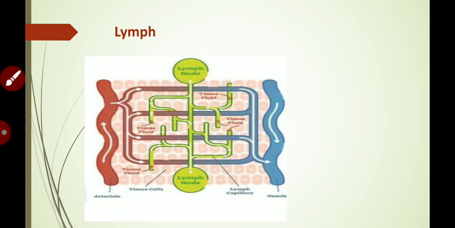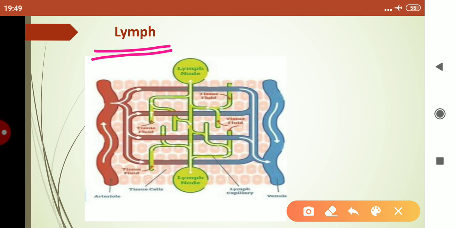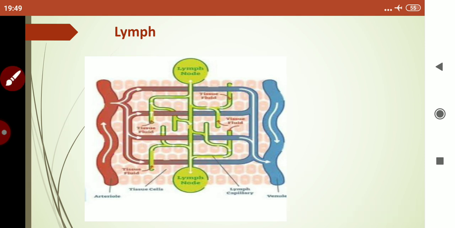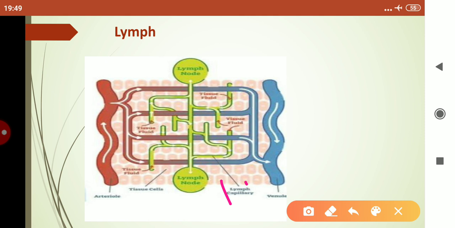Now the next is the lymph. The lymph is also a type of fluid connective tissue. Now children, we will understand lymph with an example. You can see the artery here, this red color, and this blue one is a vein. Now these arteries and arterioles are responsible for carrying the nutritive substances and oxygen to every cell of the body. In the background, these light brown, light skin colored cells are the body cells.